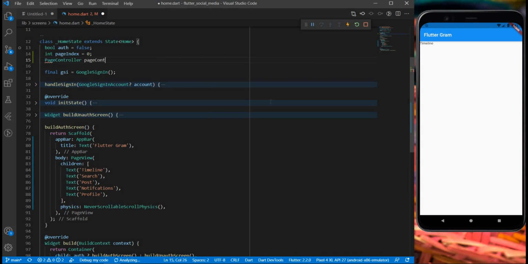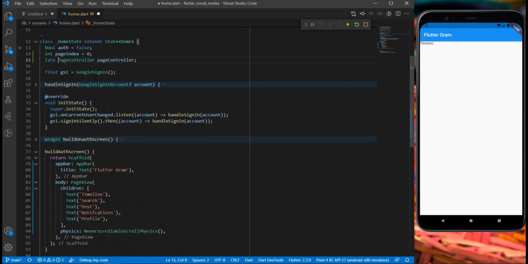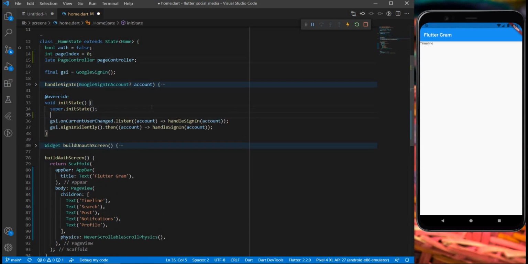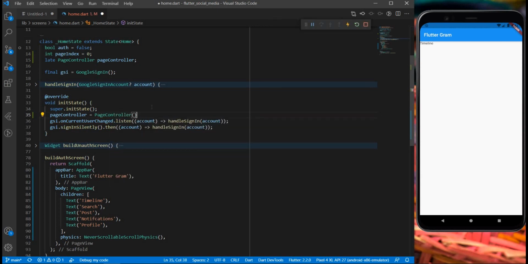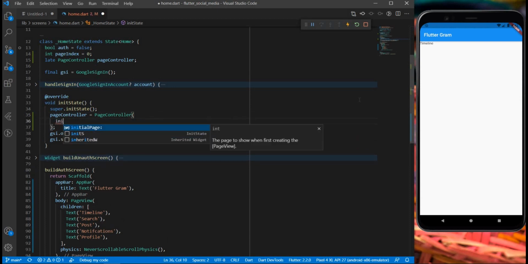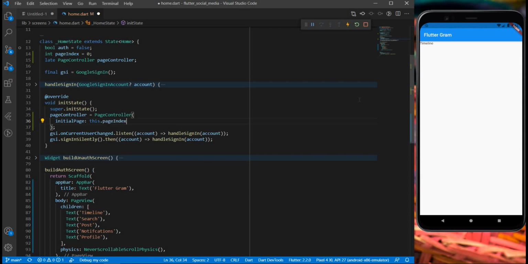Let's call it pageController. Let's specify this as late, as we will be initializing it within the initState. So here let me say that pageController is equal to PageController, and let's say within this that the initial page is this.pageIndex.